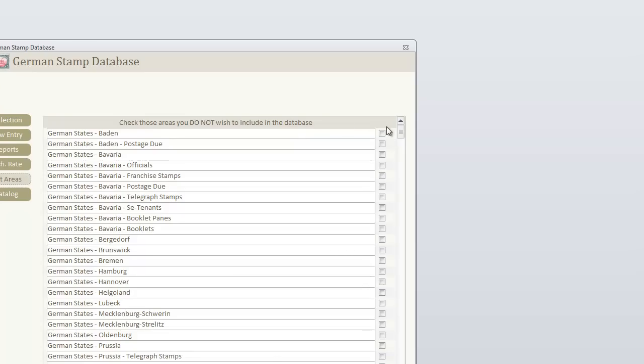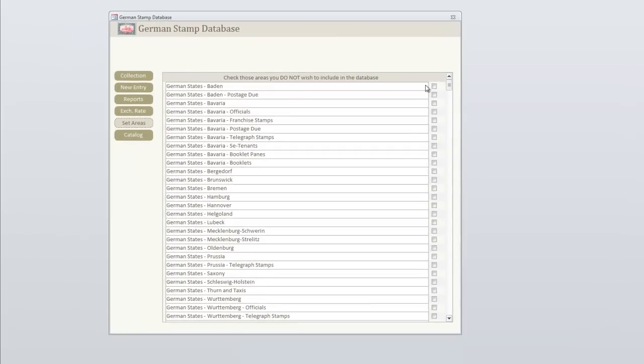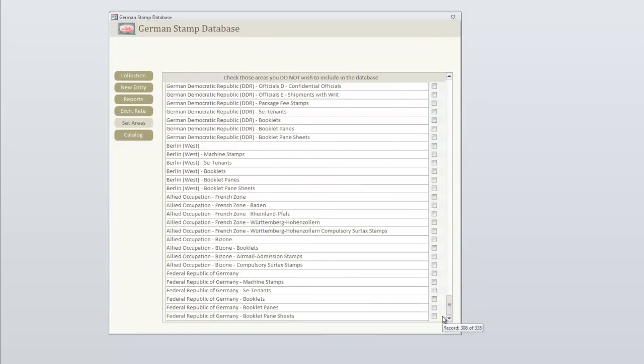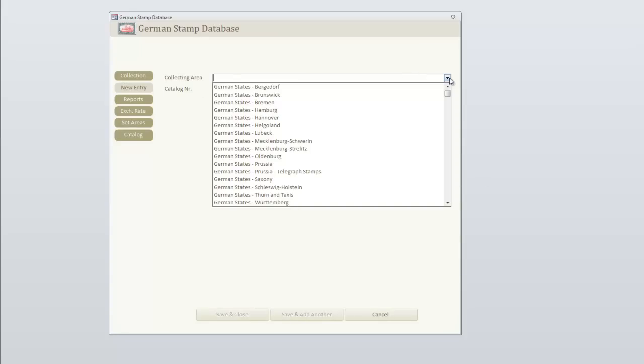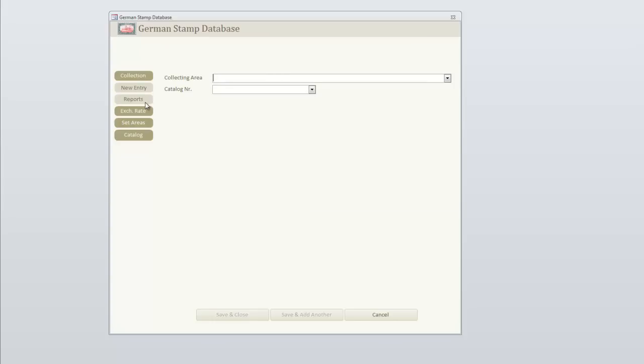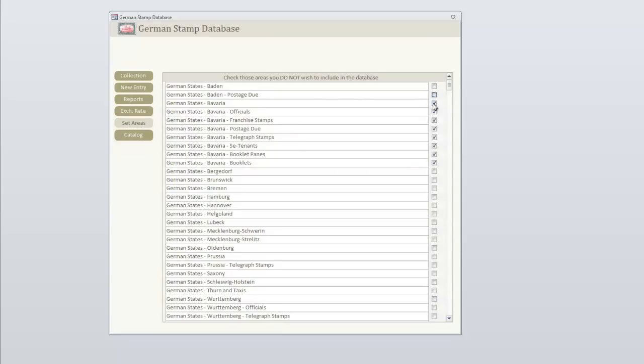Set areas, there's data in here from the German states all the way up to the Federal Republic of Germany. If you don't collect all those areas, I don't collect all those areas, you can manually go in and check them, and it will remove those from the various reports that you can run and from many of the drop-down boxes that are in the database. For example, if I say, well, I don't want to collect Baden and Bavaria, then when I go to the new entry, they no longer show up at the top of the list there, whereas if I was to go back and uncheck them,